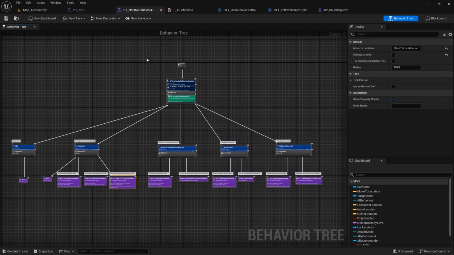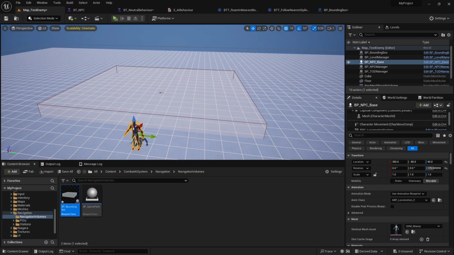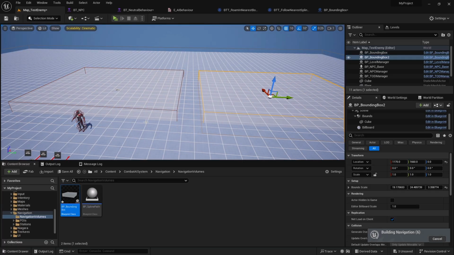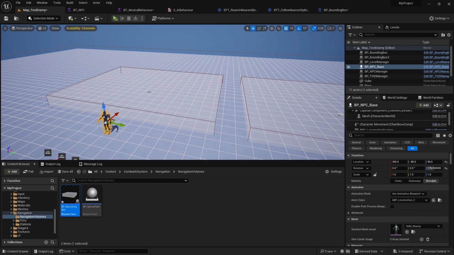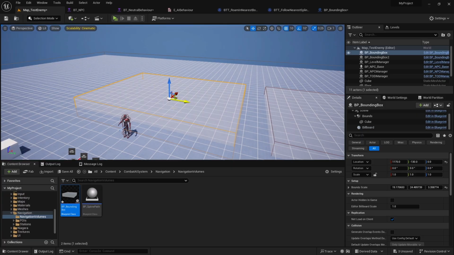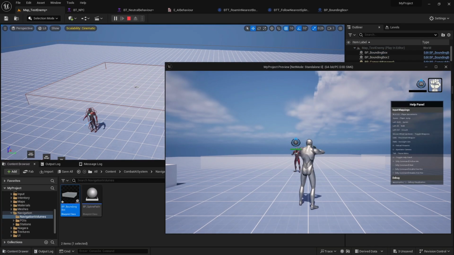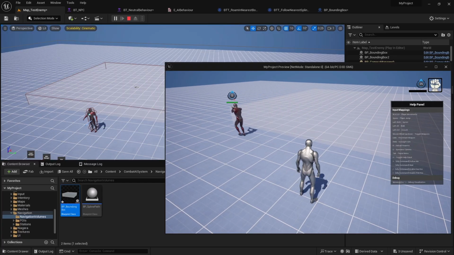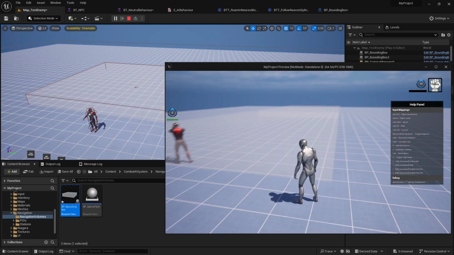And one other important thing is the NPC is always trying to find the nearest bounding box, right? For example, here we have added only one bounding box, but let's say I added another one here. Even if I add this one here, since the NPC's closest bounding box is this one, he's trying to reach here and roam within this bounding box, right? So if I play it, you will see what will happen. You can see he's simply trying to move through that specific bounding box instead of going to that one,